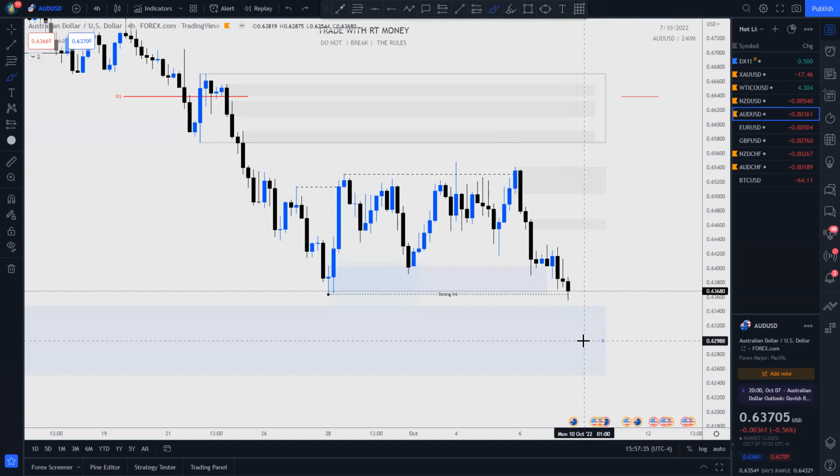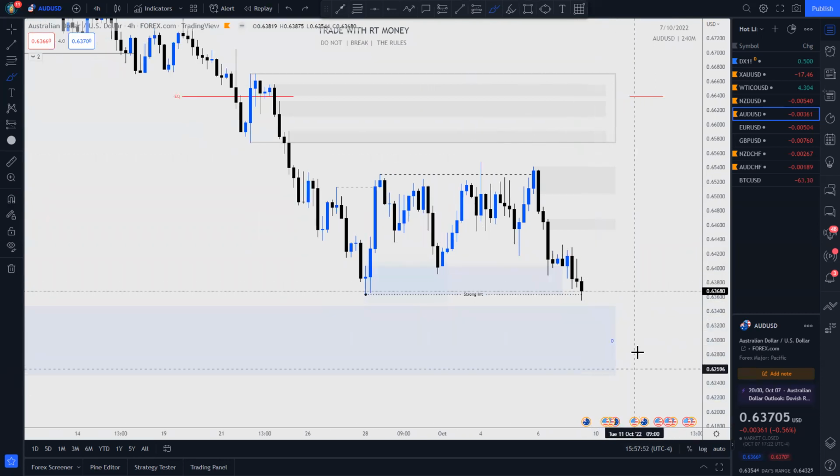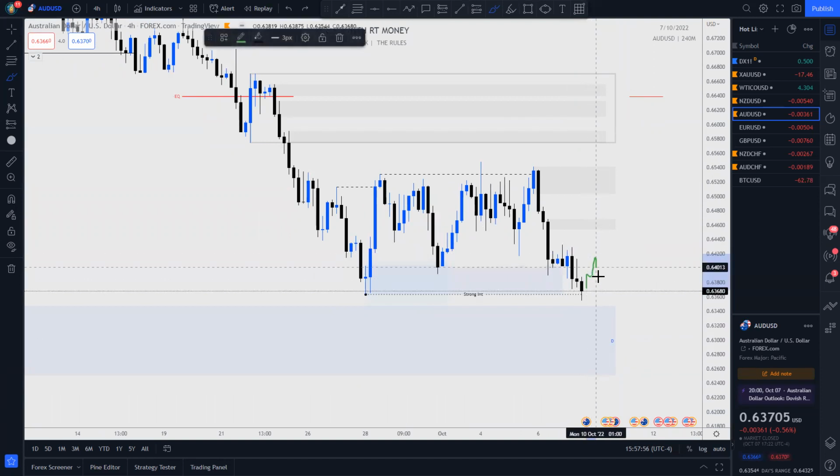If the CPI data comes in hot and inflation is still running hot at the same level or worse, that's going to make the USD fly, and that's going to bring the Aussie dollar down. But up until that point, I'm looking for some drift, and up until CPI data, so I'll look out for it. Any move to the upside is only going to give us a better price to take shorts,